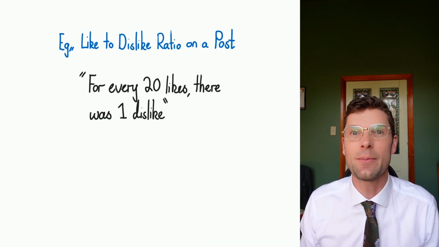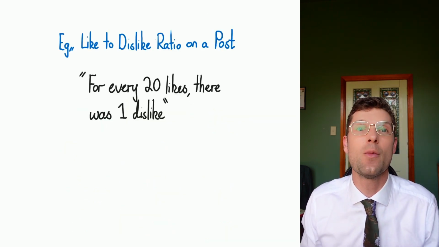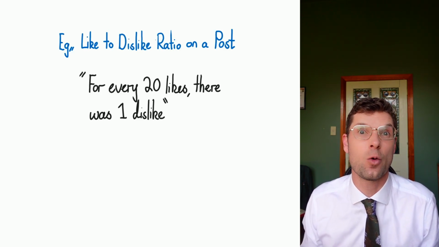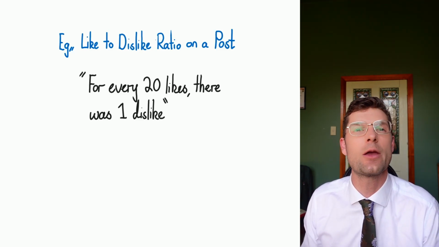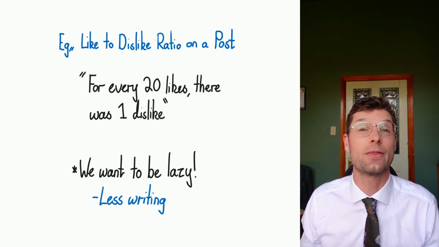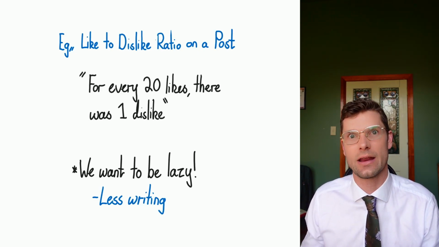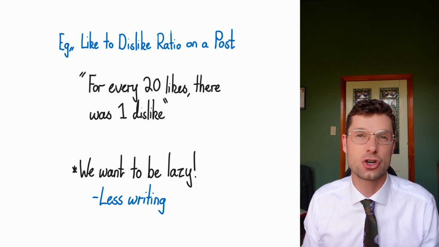So if we think about the like to dislike ratio on a post, for example, you might get 20 likes on a post and 1 dislike. And this is actually what ratios is all about. This would actually be enough information already, but we want to be lazy. We want to write the least amount of stuff possible. So instead of writing "for every 20 likes, 1 dislike", all of that, we've come up with a quick shortcut